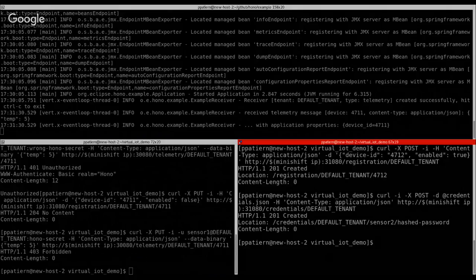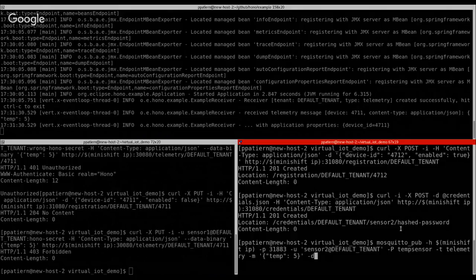So after creating the credential and registering the device, I can move on to sending information, in this case using the MQTT client. I'm using the Mosquitto publisher tool in this case, with the same information as the HTTP client: username, password, and the channel I'm sending data to, in this case the telemetry channel.